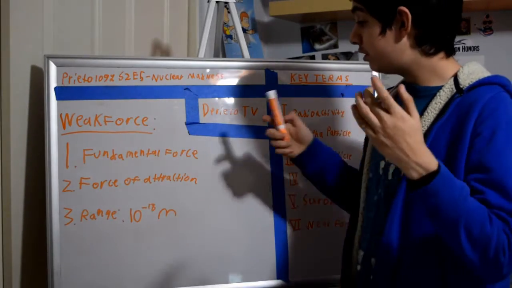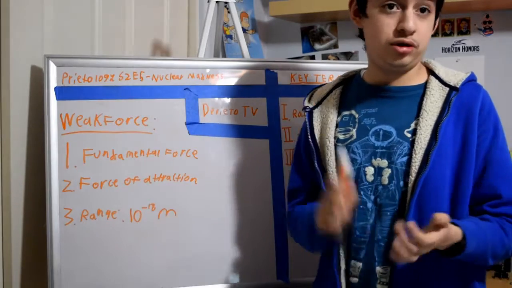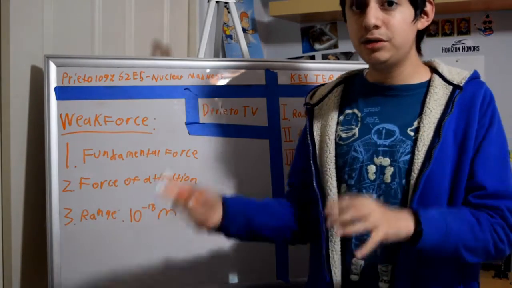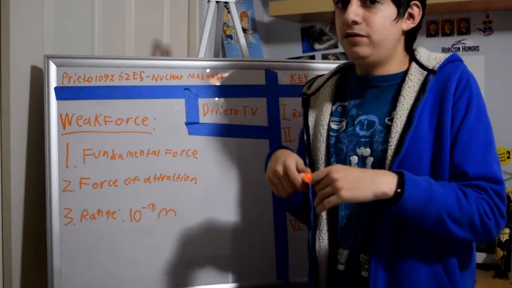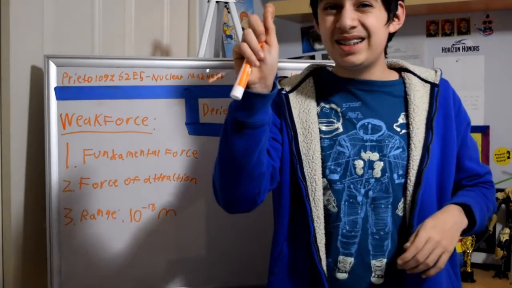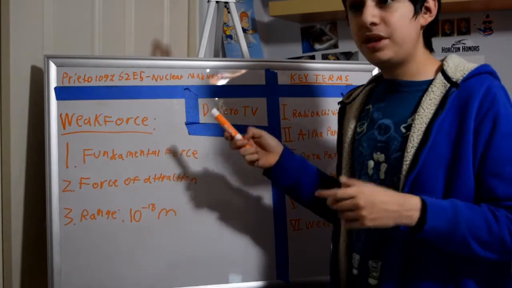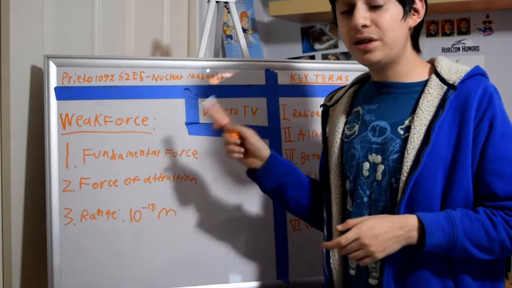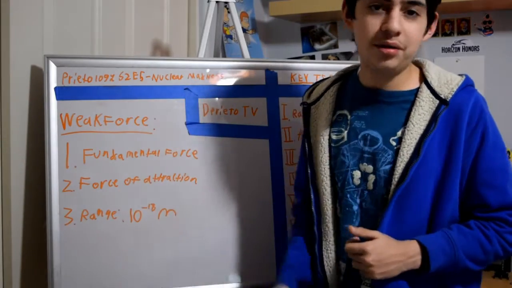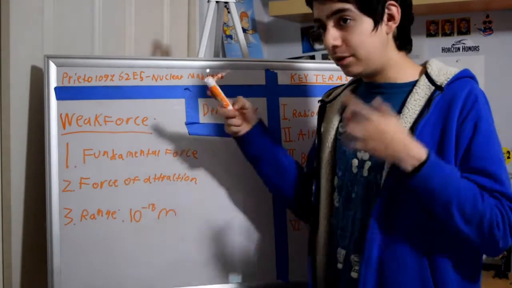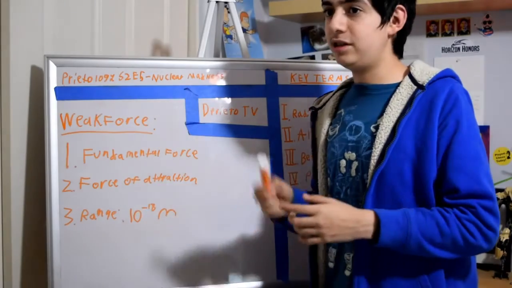So this is the force of attraction between quarks, neutrinos, and electrons. This creates fusion and fission. So basically, this is kind of like an extension of strong force, but for little tiny particles. But despite its name, it's not the weakest fundamental force. This is 1 billion trillion times stronger than gravity. So you could say that gravity is the weakest force, and I'm guessing this is the second weakest force.